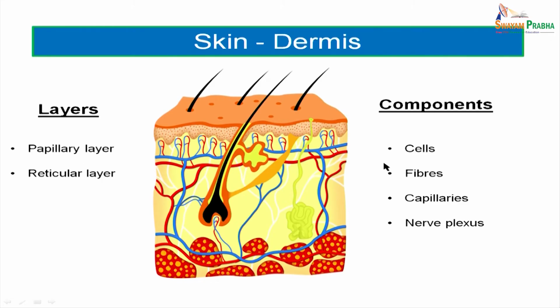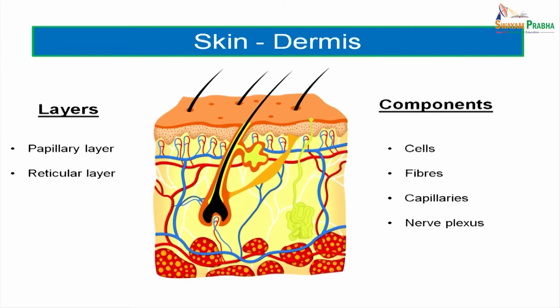So, what does the dermis comprise of? It has cells, that is the connective tissue cells, which include the lymphocytes, the eosinophils, WBCs, etc. The fibers, that is the collagen fibers, elastic fibers and reticular fibers. Now, the collagen fibers arrangement in the dermis is typical in fashion. So, they are arranged in regular bundles, and in different parts of the body they run in different directions,